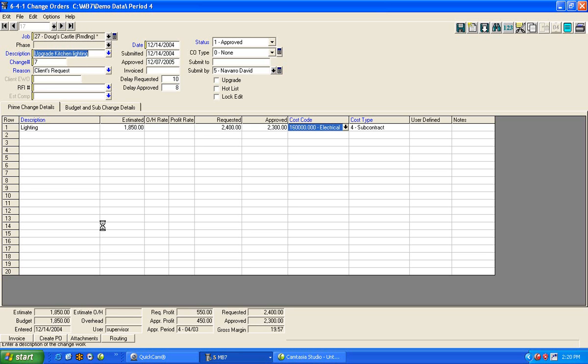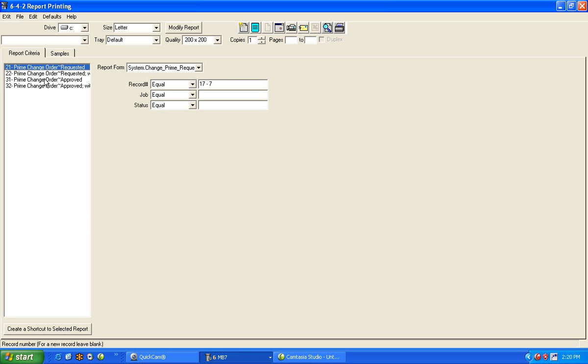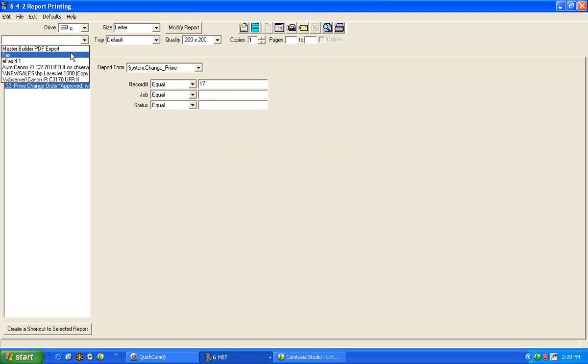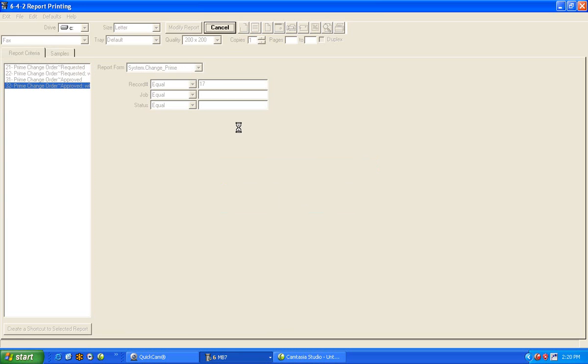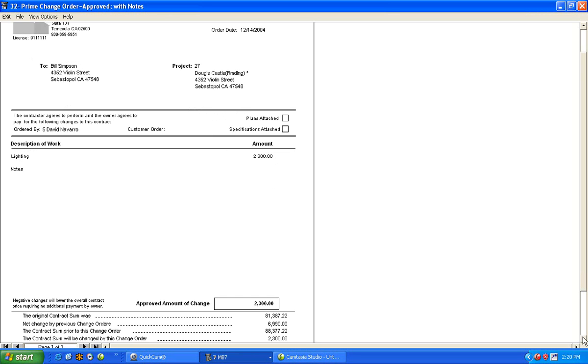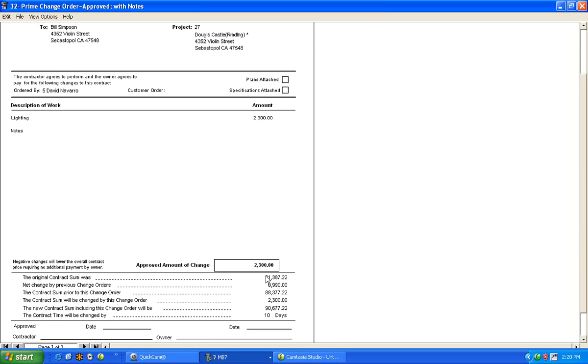And this is something that I think you should like. Most of the people we run across are doing these either in Excel or in Word and having to key in most of the information. And what happens here is, nice part about Master Builder, obviously it's going to have your logo. Here's who it's to, the project it regards, the lighting. If we had any specific notes as to models or what have you, or notes on specifications, they'd be listed there. But what Master Builder does, at the very bottom, is a great recap of the original contract, previously